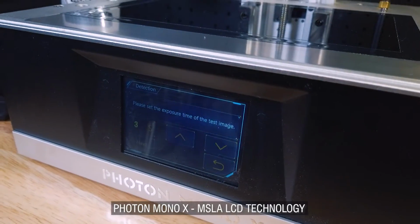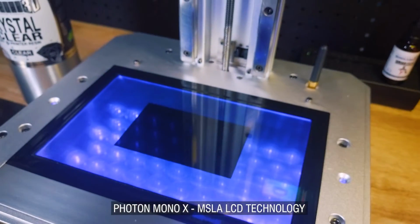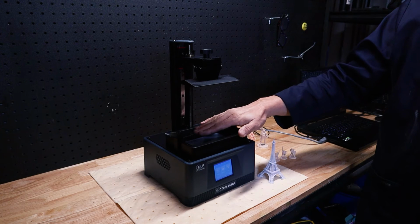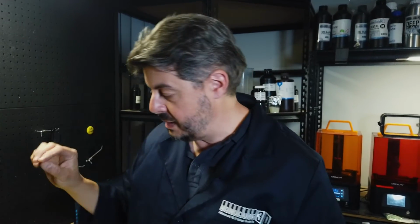But once again, it comes down to DLP. It's a very contrasty method of getting UV light onto that surface. With the LCD, the light is in focus, provided what you're focusing on is right on the surface of that LCD screen. But with DLP, there's a bit of give in it. I can be like 10 centimeters above that surface and it's still fairly sharp. Black pixels, there's no pixels, it's completely dark where there's no light. The DLP will only project a shaft of light for each individual pixel that is super sharp,